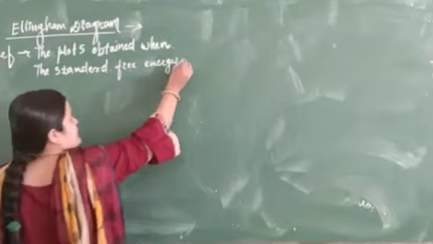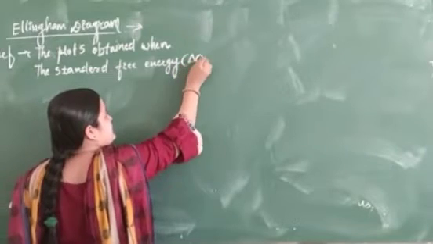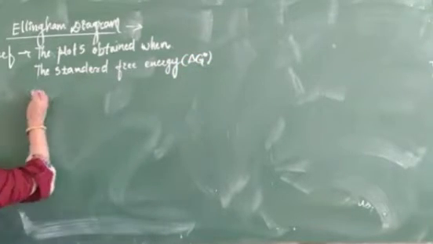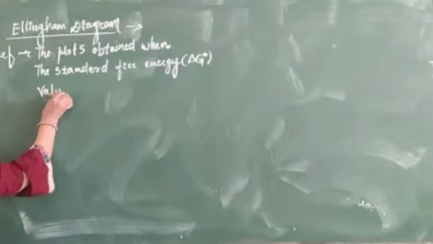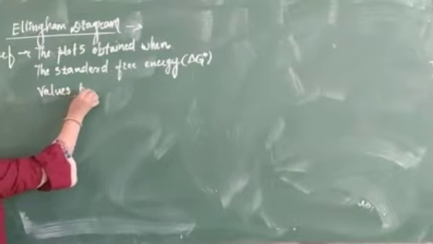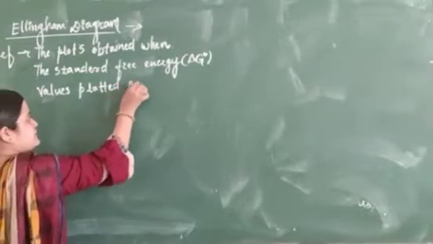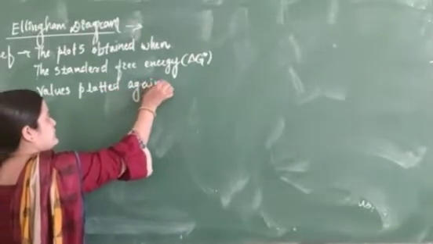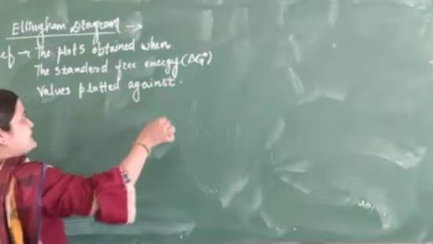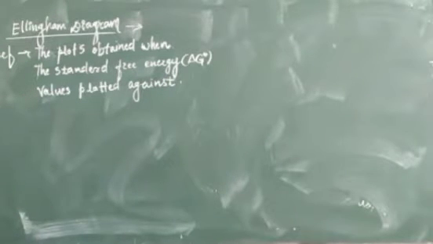The standard free energy can be denoted by the letter delta G naught. The plots obtained when the standard free energy values are plotted against the temperature